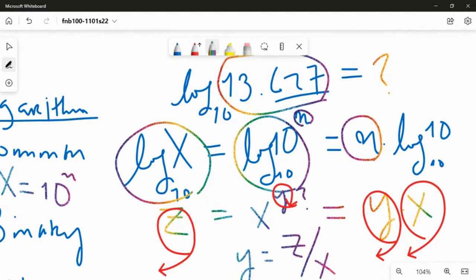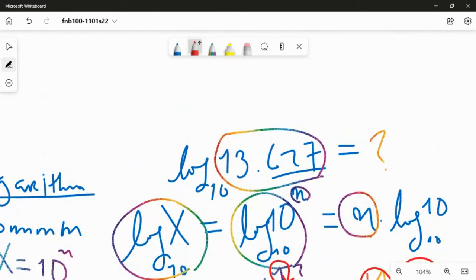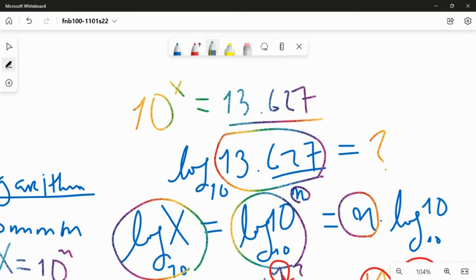I mean, think about it. That means basically 10 to what? 10 raised to what will make it 13.627, right? Can any human brain easily figure out what this is, right? What x will be? So that's one thing, and